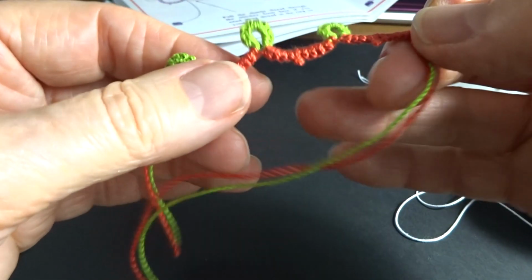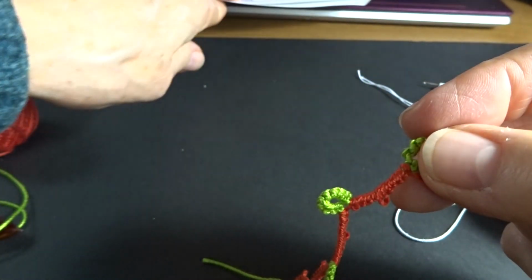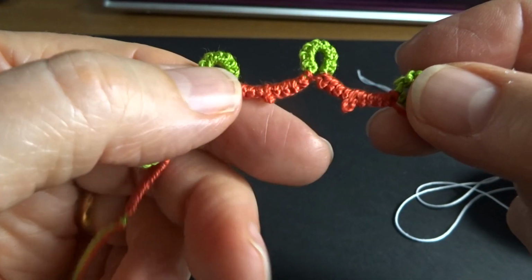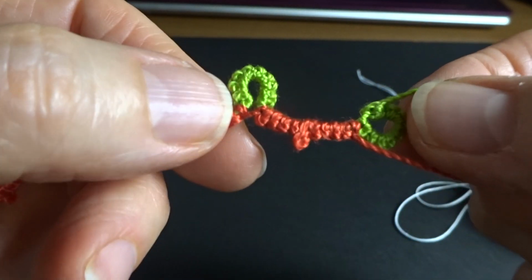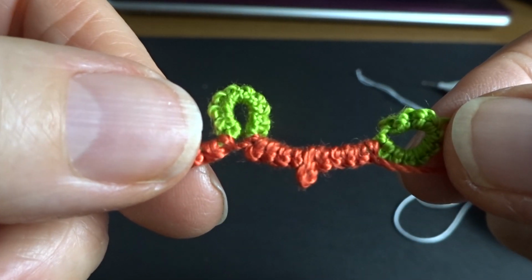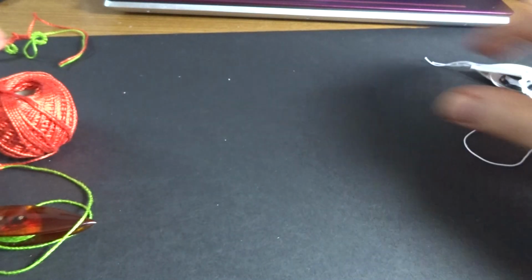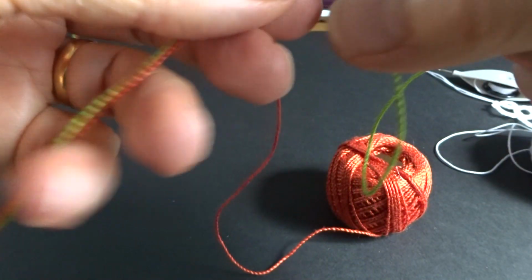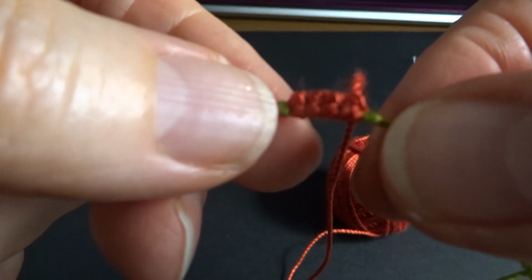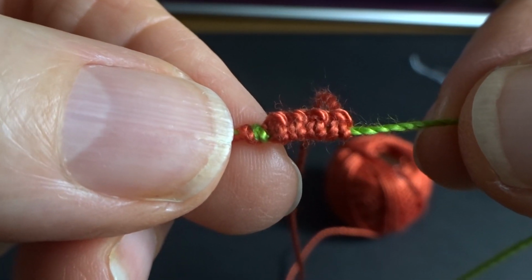And this is the little edging done in these thick threads that I'm using to demonstrate, and you can see there's a picot in the centre of each chain. So I've started a chain here with 4 double stitches, which you can see,